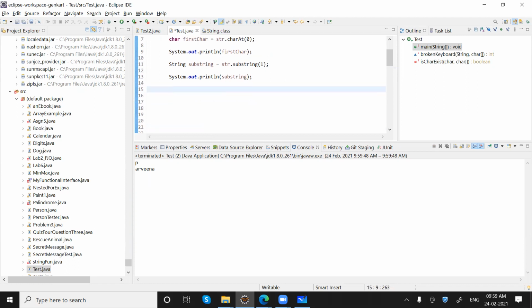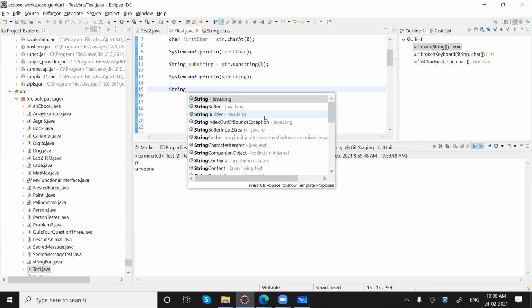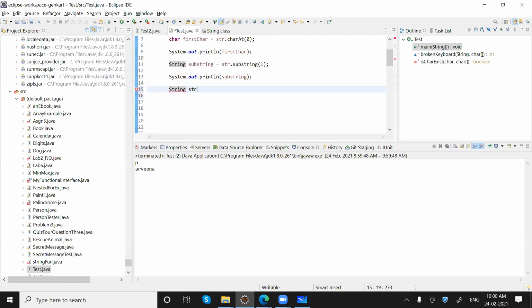For example, string updatedStr is equal to, now we have firstChar, which is basically a character. If I say firstChar dot, you can see I'm not getting any option like toUpperCase or toLowerCase.